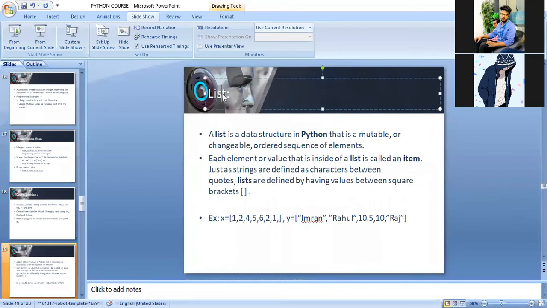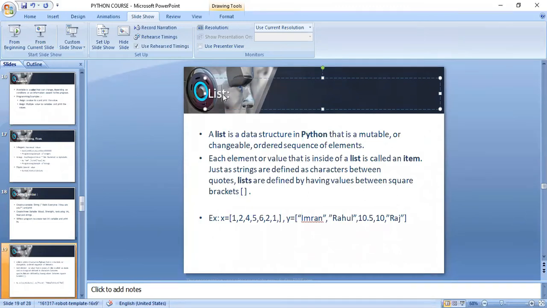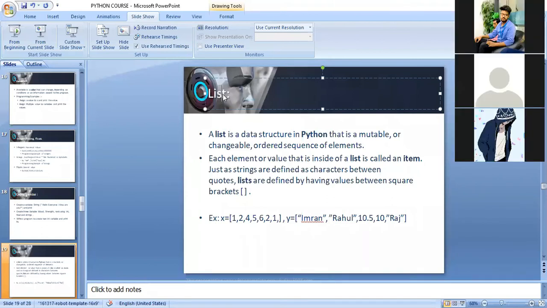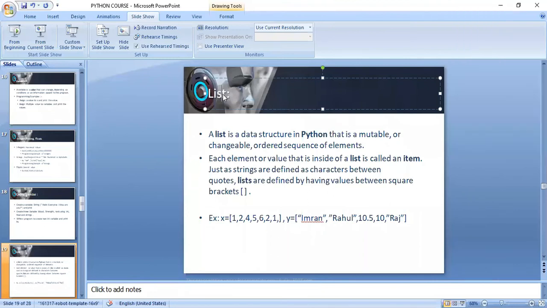Let's suppose your mother is sending you to bring something from the market, and she has given you a list. What is it? It's a collection of data.